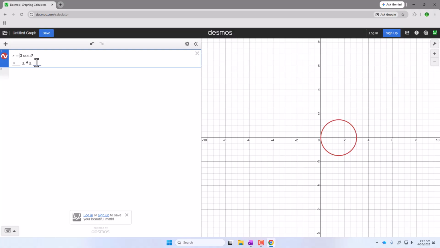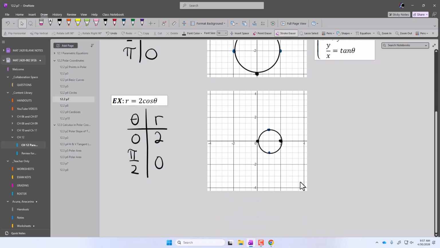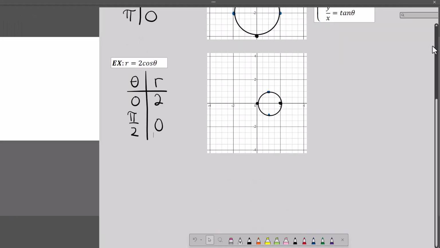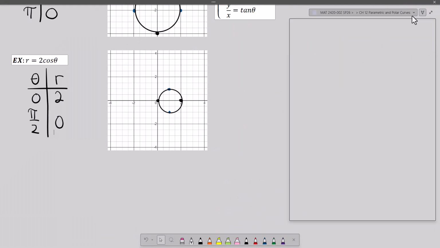And so if we graph only 0 to pi over 2, we're going to get half a circle. So Desmos is a good thing. You can play with these domains just to see. So these circles are graphed with a period of pi. Pi will get you all the way around. All right, let's go to